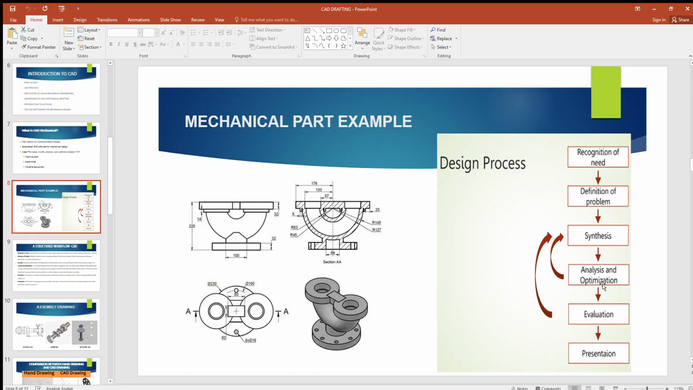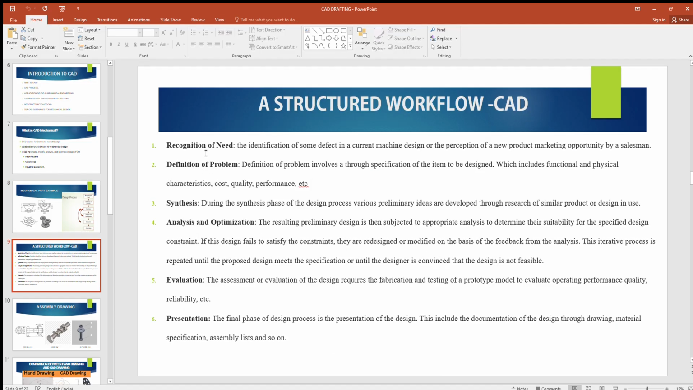Next we will do the evaluation, and then finally the presentation. Okay, so here, what is the recognition of need? Okay, so here you can see the first step, recognition of need. So this recognition of need is nothing but the salesman will give us